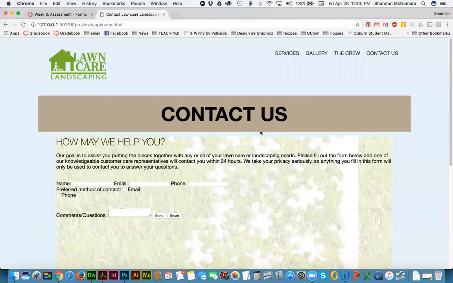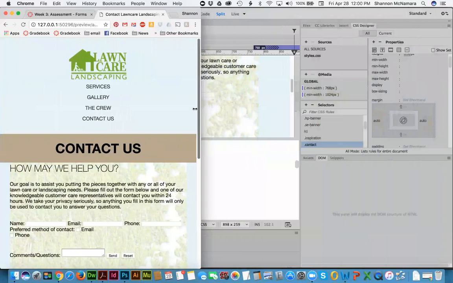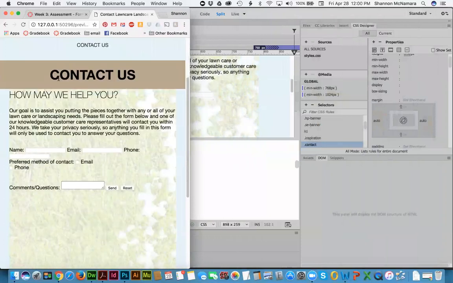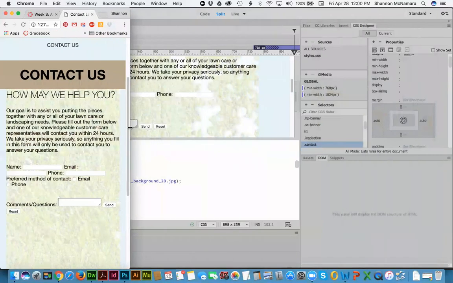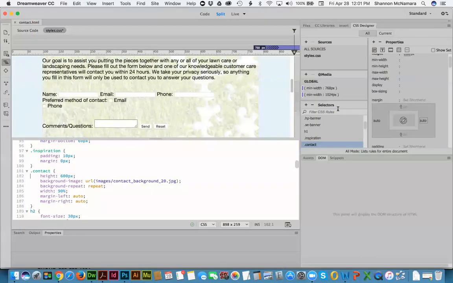So it puts it in the middle of the page, keeps it in the middle of the page, and gives it some buffer on the sides, even in the smallest size. And the image isn't that big, so for the 1024, you've got to fudge it a little bit and tell it to repeat,